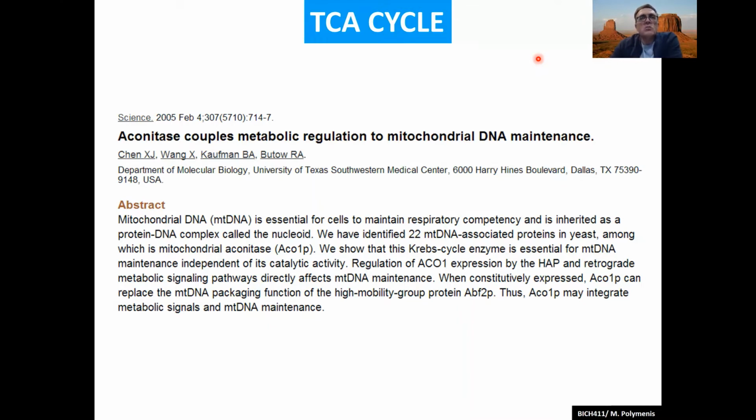And the genome in mitochondria resembles more bacterial genomes and not eukaryotic genomes with histones and nucleosomes that pack the nuclear DNA. Mitochondrial DNA still needs to be packed, but it's packed in a different way, more like the nucleoid in bacteria. And it turns out that in the absence of some mitochondrial DNA proteins that normally do this job, mitochondrial DNA remains stable because aconitase as a protein, nothing to do with its catalytic activity, is able to pack mitochondrial DNA.